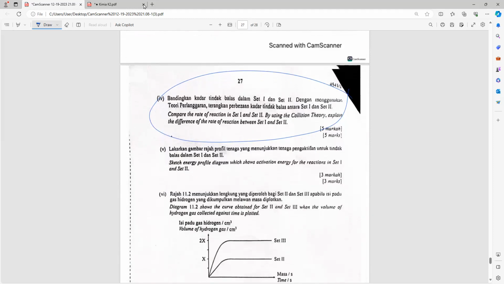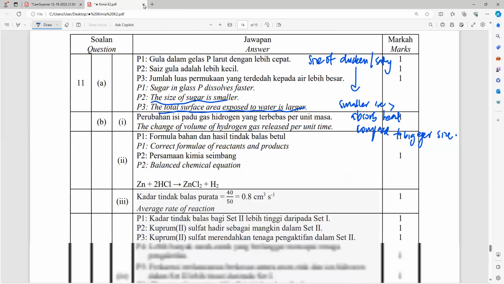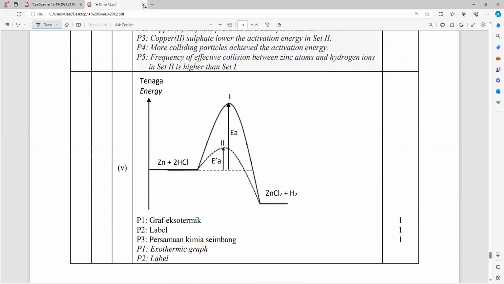Okay, so one of the friends asked teacher just now, teacher, how to do an energy profile diagram? Okay, so an energy profile diagram is something like this. This is for an exothermic graph. An exothermic graph, your reactant is higher than your product. An endothermic graph,